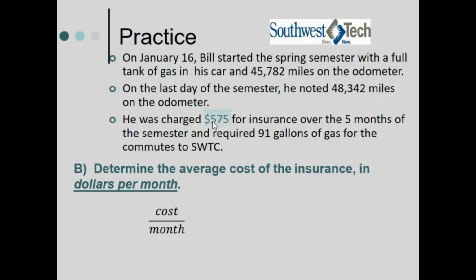In this third bullet point, it shows that he was charged $575. That will be the cost in dollars per the unit of time, which time is the 5 months, and then a matter of simplifying this rate by taking again numerator divided by the denominator results in $115 per month